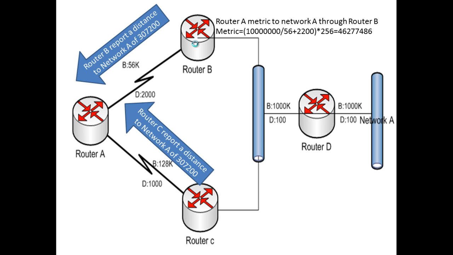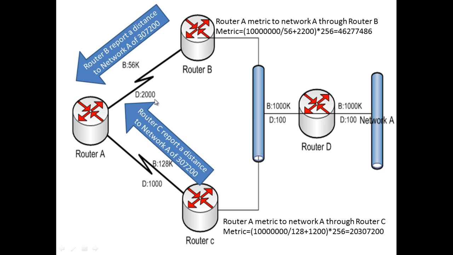From router A to go to network A, the bandwidth is 56k and the delay is 2000 between router B and router A. On the other hand, the bandwidth is 128k between router A and router C, and the delay is 1000. So if you calculate the metric, as we can see,